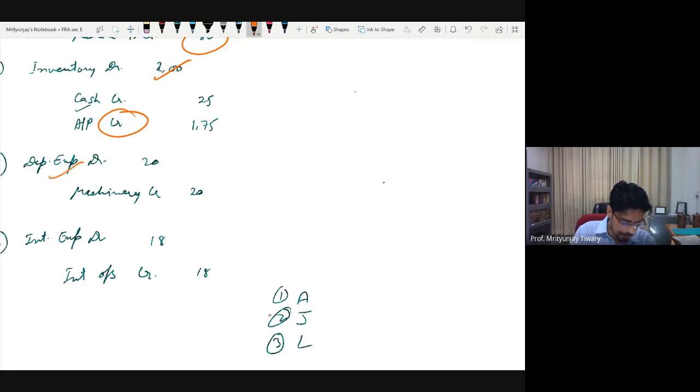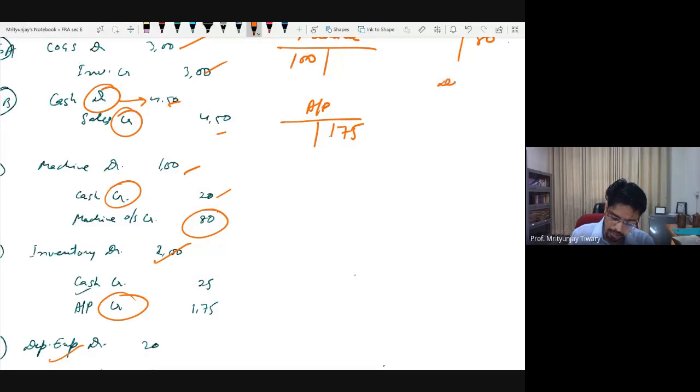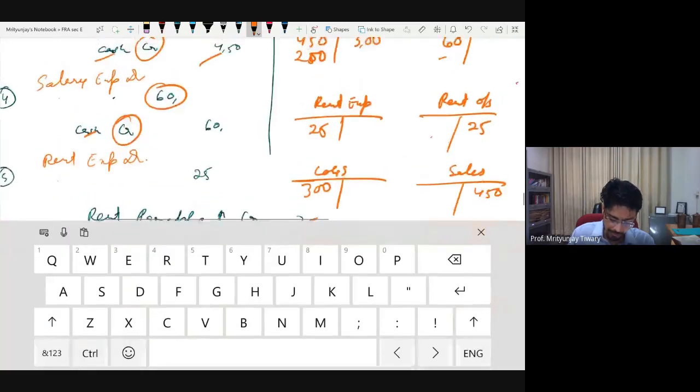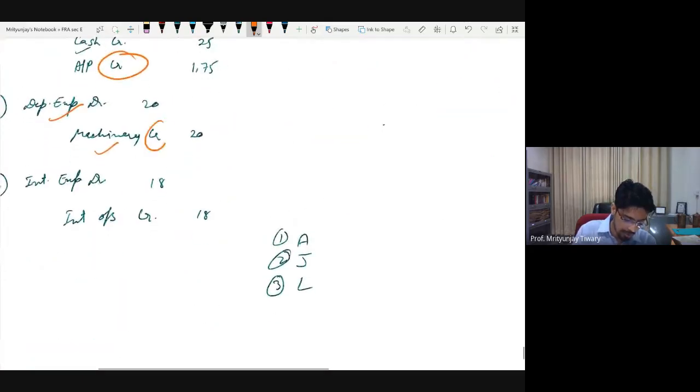Next one is depreciation expense and machinery. Depreciation expense, I don't have a T account for that so far, so I'll prepare it now. Depreciation expense T account, and on the debit side, I will write 20. Next one is machinery credit 20. Do I have a machinery T account? Yes, I already have one prepared. So in the machinery T account, I will write 80, credit side this time. Sorry, it was only 20. Somehow it is not letting me rub it off. Okay. The amount was 20. Machinery credit 20.